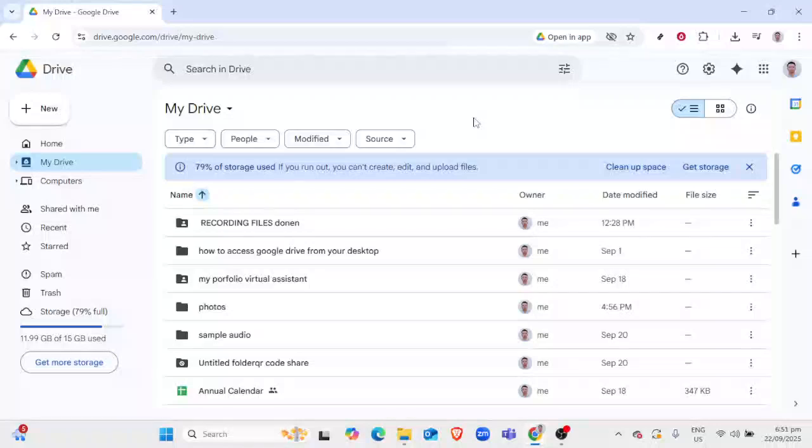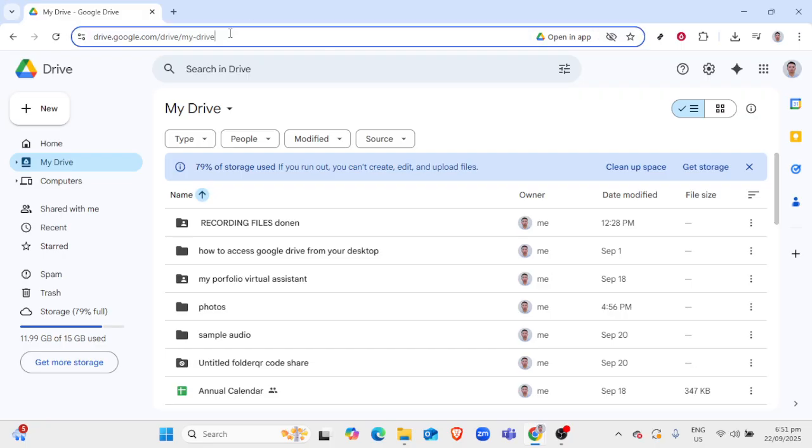In today's video, I'm going to teach you how to recover deleted photos from your Google Drive trash. We'll walk through each step carefully to ensure you can successfully restore those precious memories. Let's get started. First, you'll want to head over to your Google Drive, which you can access just by going